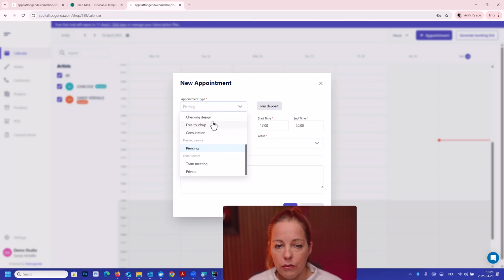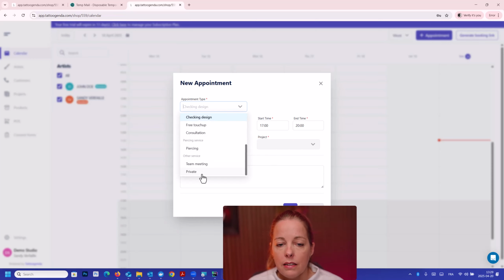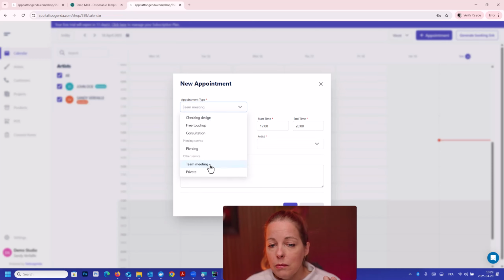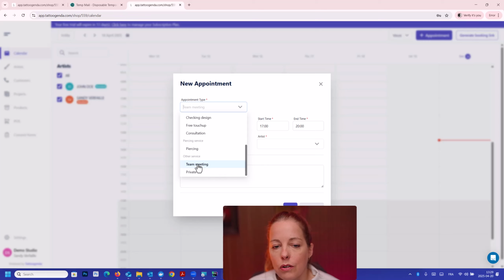Let's go back. If we do something in the tattoo service, you have a customer and a project instead. And then the last type, everything under the other service, like team meeting, for example, will just require you to select an artist, and not a customer, also not a project. So this is just a standalone appointment for an artist, and it can be anything.